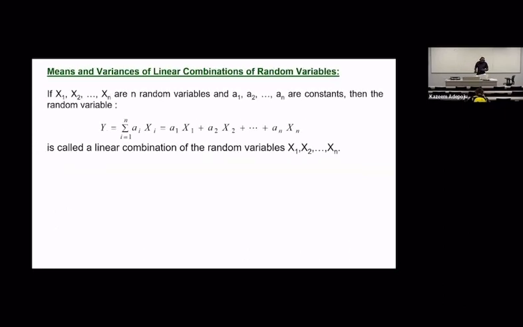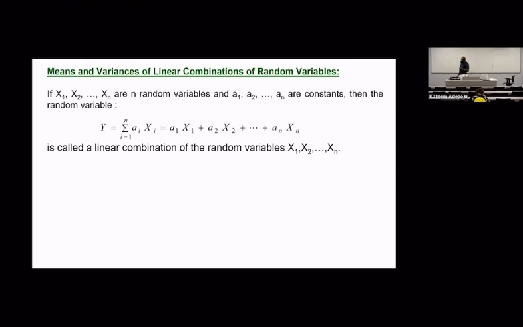Okay, so like I said, what I'm going to do is to walk you through the linear combination of random variable. Of course, you've been introduced to random variable, and you know by now that random variable is a mapping function that assigns numerical values to elements in the sample space. Now, if I have a particular random variable that is also a function of another set of random variables,